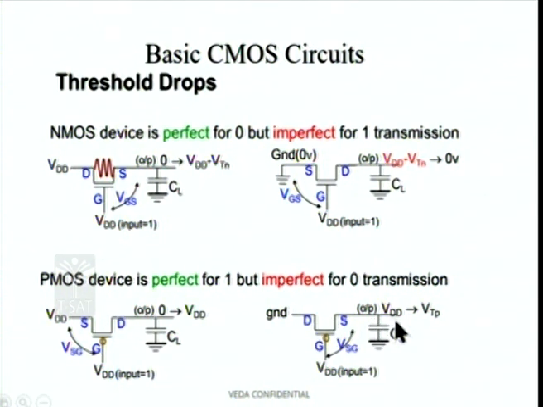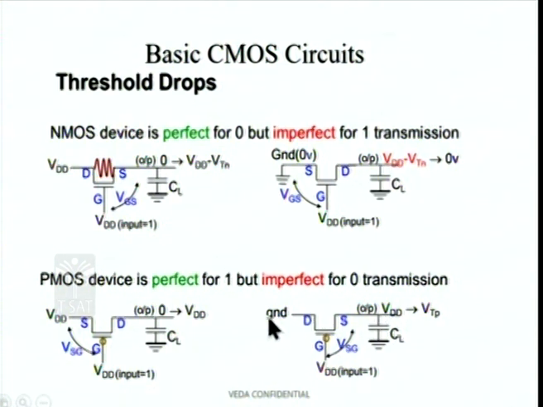As the voltage on this capacitance drops from VDD and approaches VTP, the channel gets cut off and no further discharge of the capacitance happens. Therefore, the output remains at VTP, the threshold voltage, which is typically roughly 15 to 20% of your supply voltage. If the supply voltage is 3 volts, 20% of 3 volts is 0.6 volts, or 15% of 3 volts is 0.45 volts. Therefore, the output will settle at 0.45.